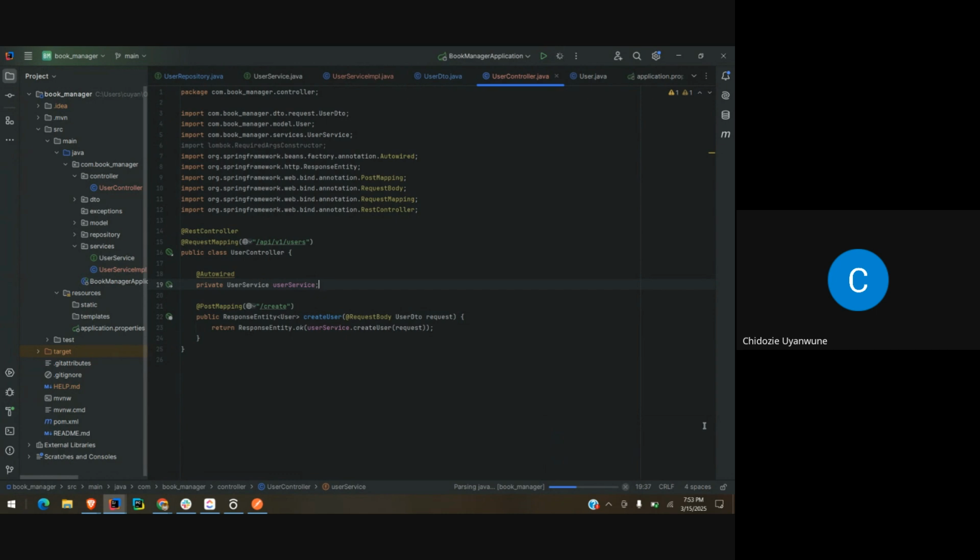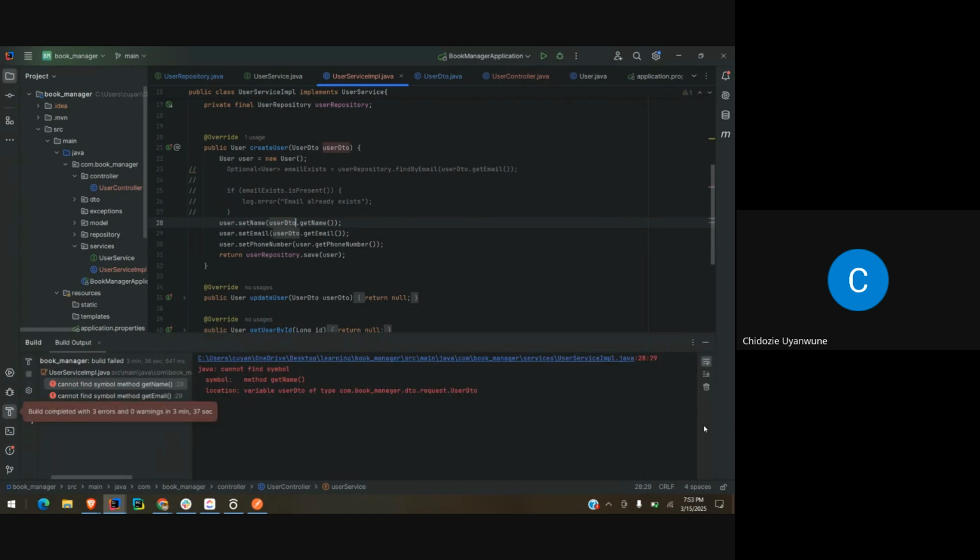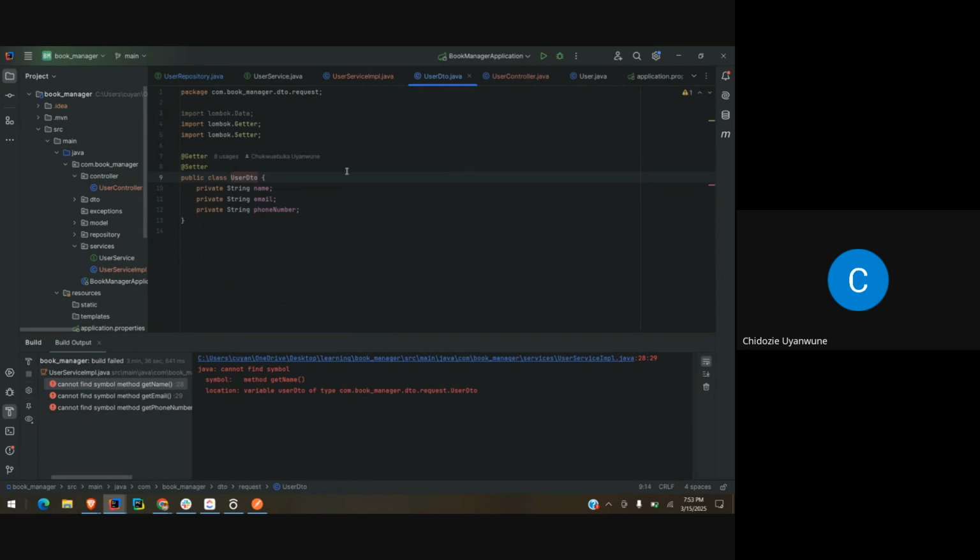Sorry, guys, I didn't know. Maybe because I've not restarted this system or shut it down in a while. I really do not know why. Still did not work. Okay, that's a problem. It's even pointing to all of them. I've used the getter and setter now, so why is